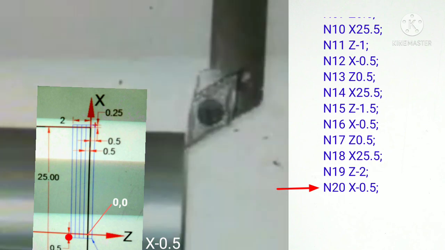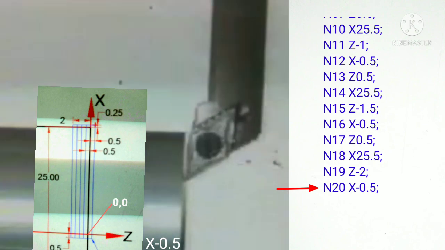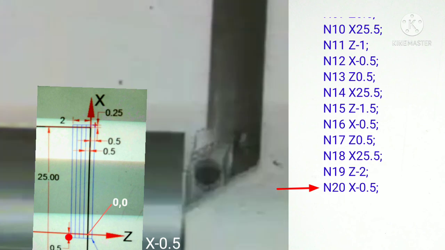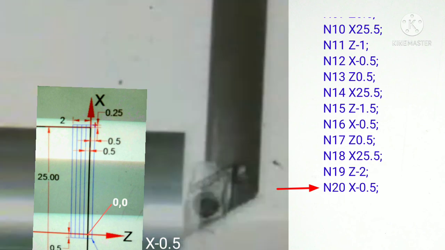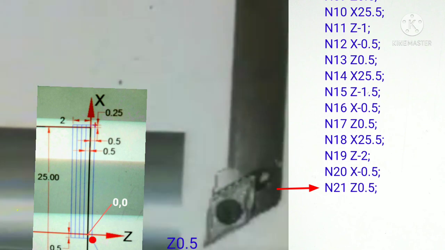Now we will complete the finish cut by moving the tool along the X-axis to the point X minus 0.5. And again we move the tool forward to the point Z0.5 along the Z-axis.